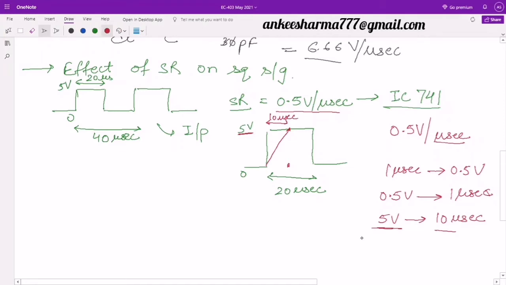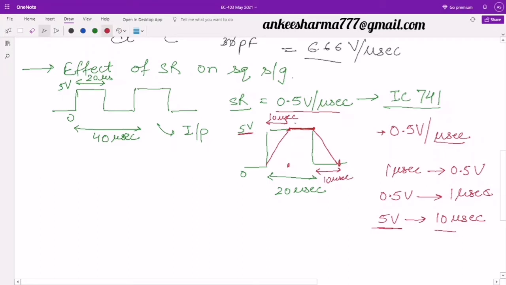Then it will stay there because it is constant at that point, 5 volt. Exactly at this point it will again start decreasing. Now the input has switched to 0 volt instantaneously, but again the output cannot switch instantaneously. Output will follow this curve of 0.5 volt per microsecond. Again it has to reduce from 5 to 0. It means for the change of 5 volt it will again require 10 microseconds. So my output will be like this, and this will be further 10 microseconds.